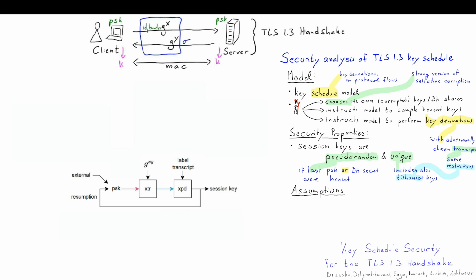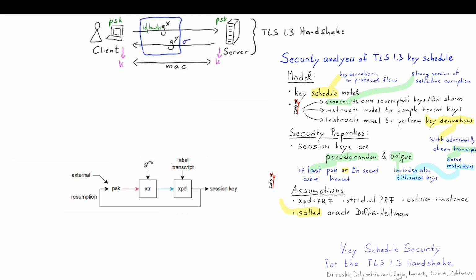In our security analysis, we assume that the expand function is a pseudo-random function, that the extract function is a dual pseudo-random function, and additionally we assume collision resistance of the expand function, the extract function, and the hash function involved in the protocol. And additionally, what our analysis brought to light was the need for the salted oracle Diffie-Hellman assumption,